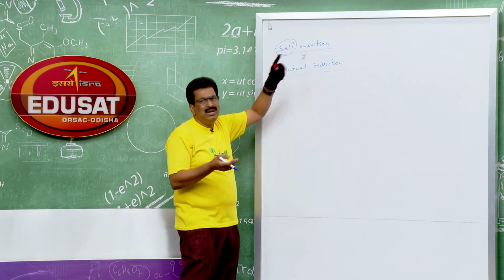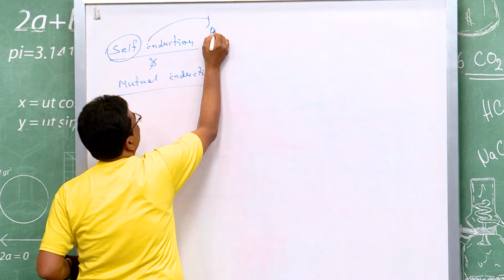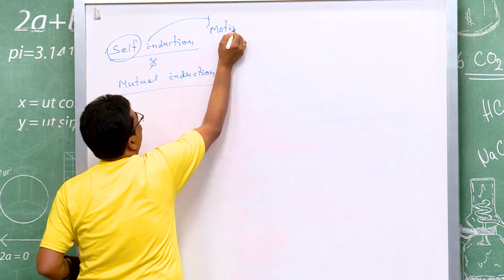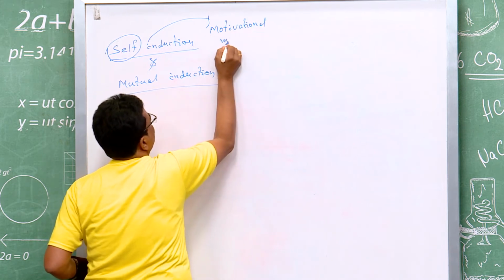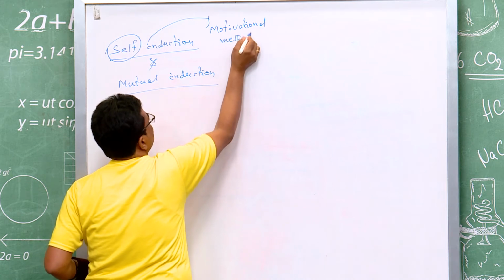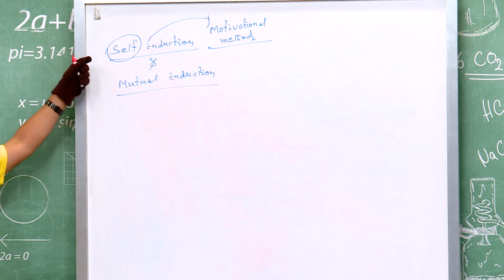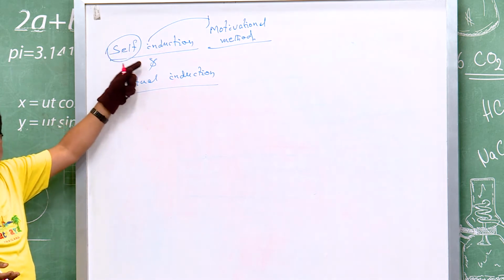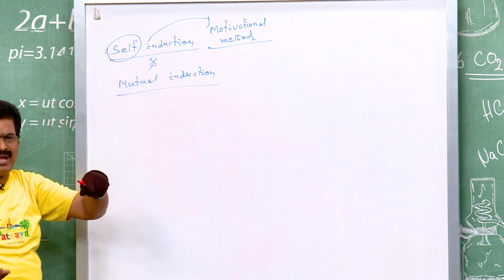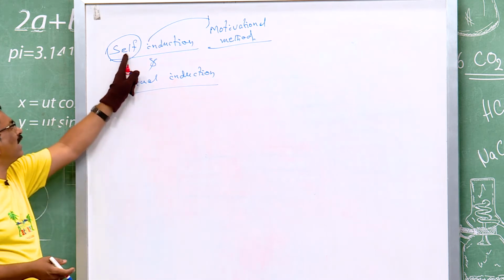That is self induction, and this is also known as the motivational method, meaning motivated from its mood. What is developed only in the same coil or on the same conductor itself